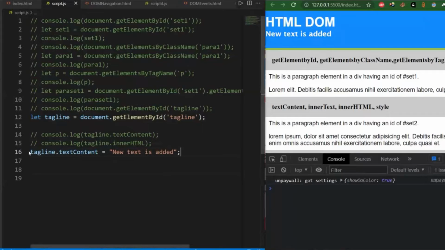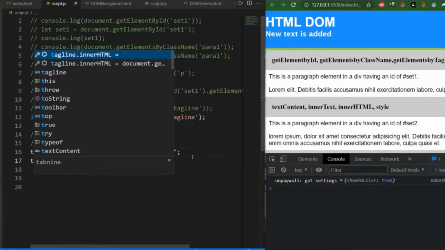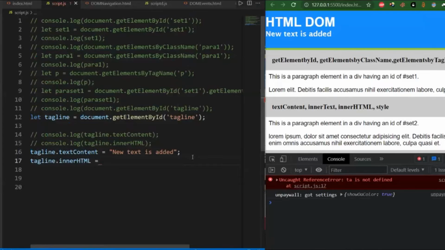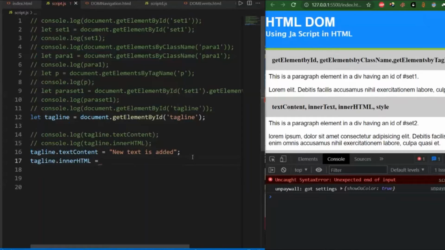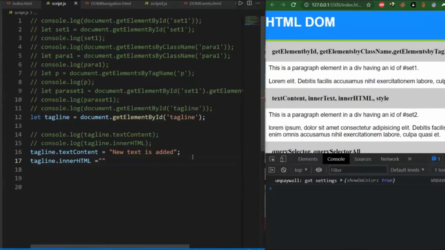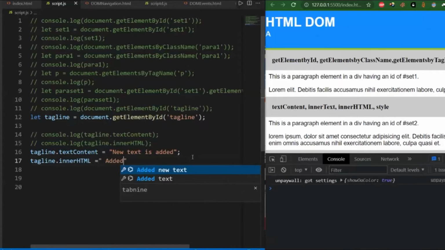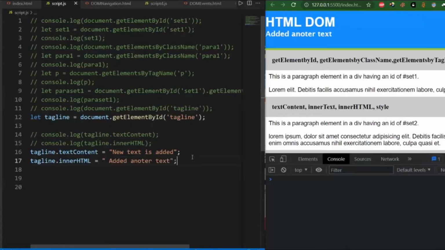Why? Because we can not only access directly, but modify also using textContent. In the same way, you can use innerHTML also, like tagline.innerHTML, and then you can add another text, "added another text". Okay, so if you see,